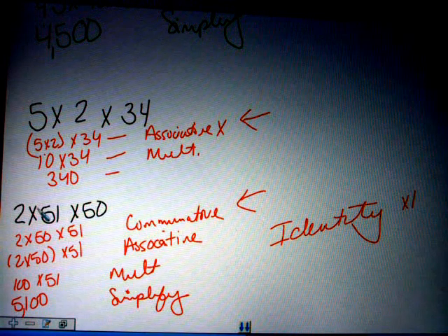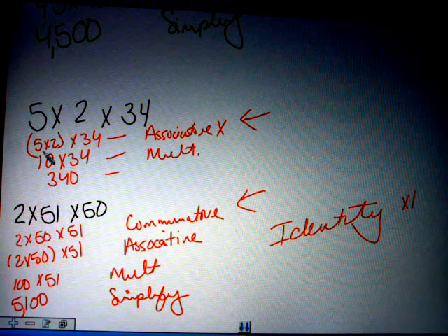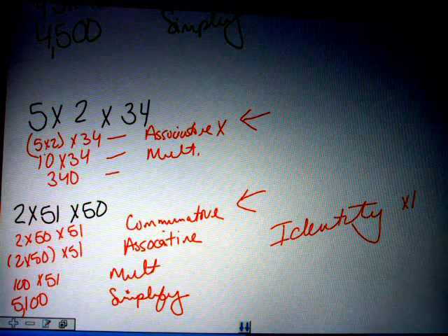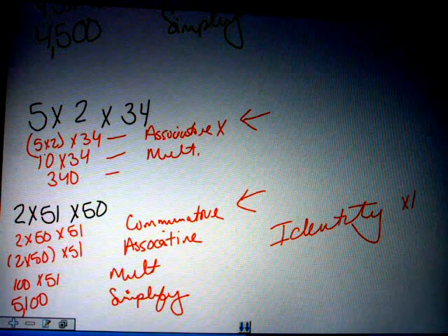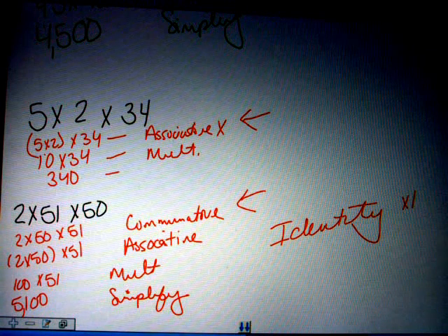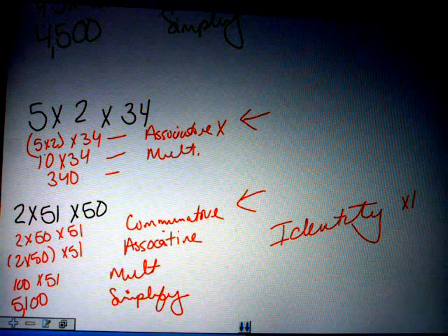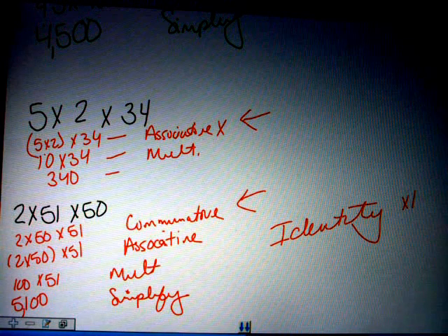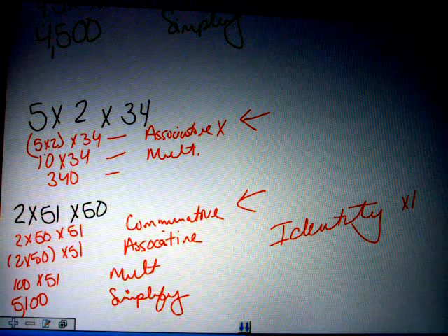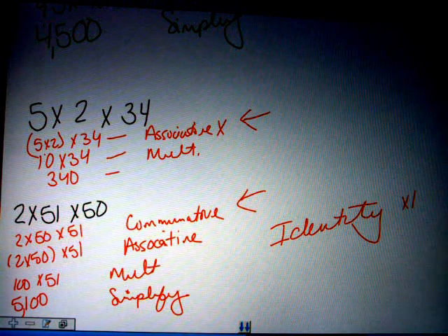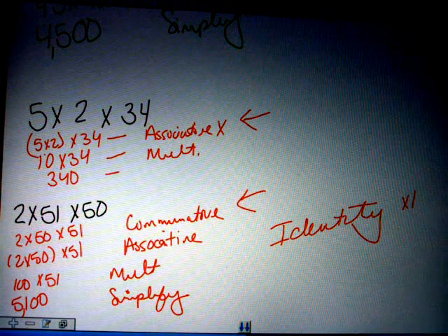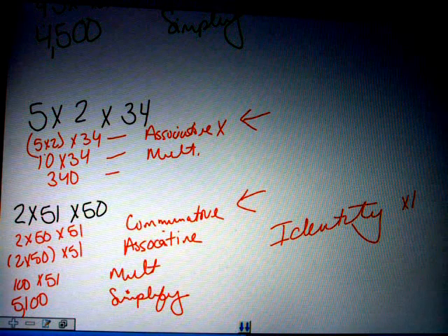Show your steps and identify them. So when you look at your math problems and you get to problems 15 through 26, where you use the multiplication properties, you show your steps and identify the properties that you use. If you're not taking the time to do that, you are only hurting yourself in the future. So good luck with those problems. And that concludes